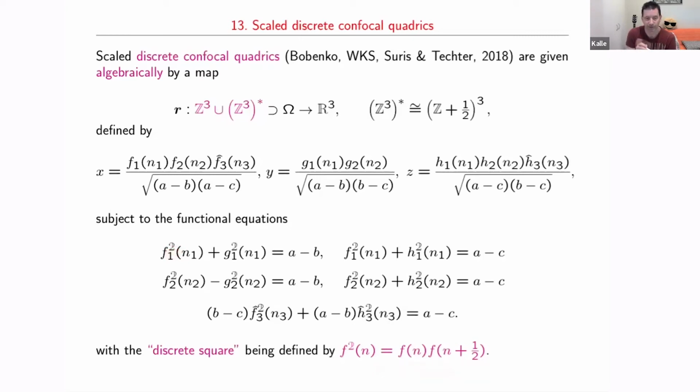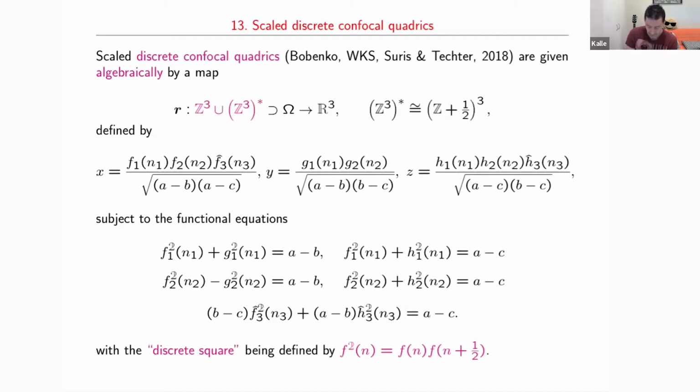So since the n's can take integer and half integer values, you're actually looking at what you could think of as a body-centered cubic lattice. So you look at the vertices of a cubic lattice and the vertices and the centers of the elementary cubes. So you can think of the dual of Z3 as just Z plus a half cube, right? So you have the union of a cubic lattice and another cubic lattice, and the second one is dual to the first one, right? So this will become important.